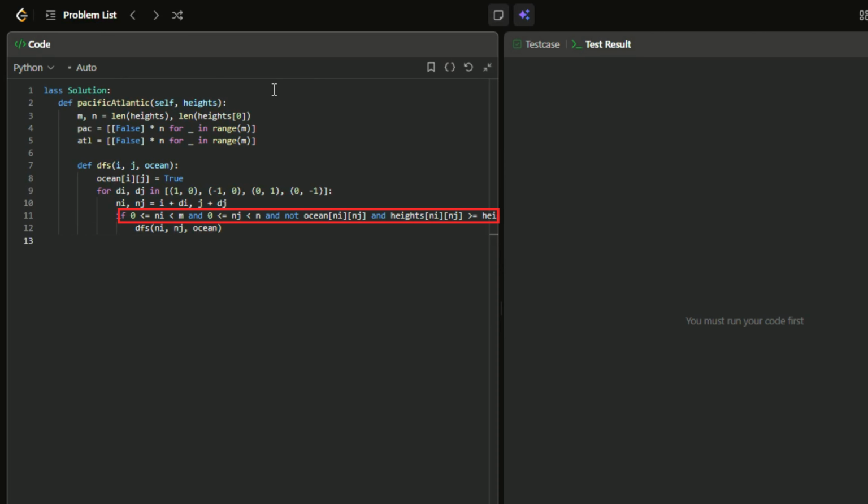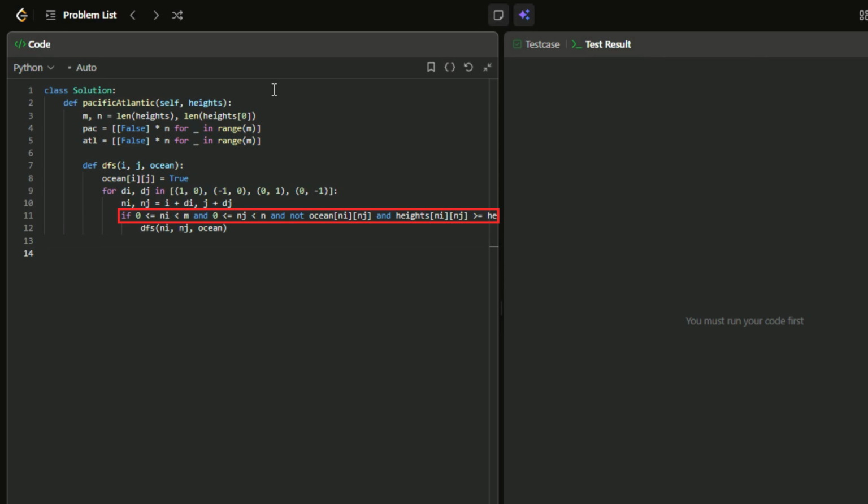If we can move from the ocean inward to a cell, it means water from that cell can flow back out to the ocean. If the neighbor passes all those checks, we call DFS on that neighbor. Now we start from the Pacific Ocean's edges. This loop goes over all columns J in the top row. For every cell 0, J in the top row, we call DFS with the pac grid. This simulates water reaching the Pacific from the top edge and then flowing inward to all cells that can flow